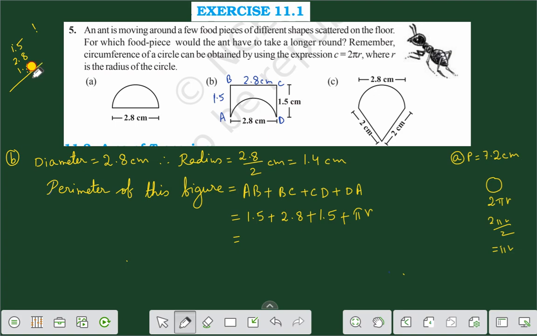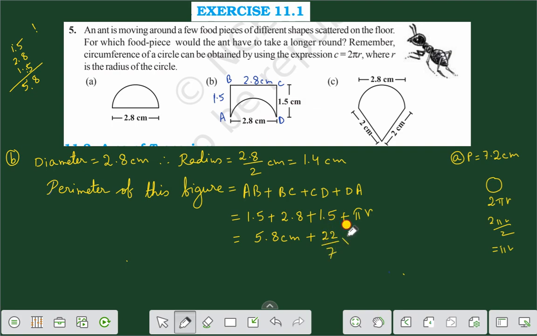1 it is 8. 2, 3, 4, 5, that is 5.8. If we add this one, we are getting 5.8, right? Therefore we are getting 5.8 centimeter plus pi r. The value of pi is 22 by 7